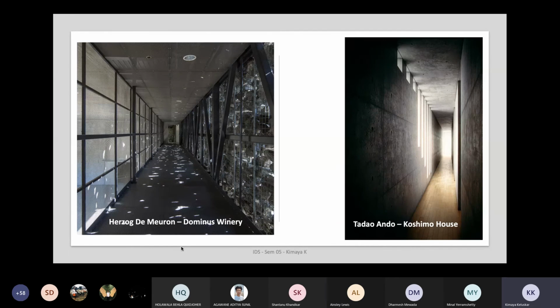On the right hand side is Tadao Ando's project, which is basically also talking about the different amounts of daylight that is entering this kind of a very narrow corridor, and how just by sensitively tackling the light, you can change the entire space. Even if your corridor is tight because of limited space, how do you accentuate that or utilize it to your own potential, as a positive thing for your design, so it adds an element of experience, a feel to that entire project.